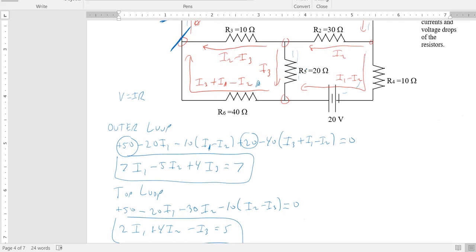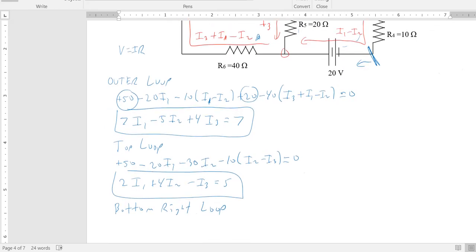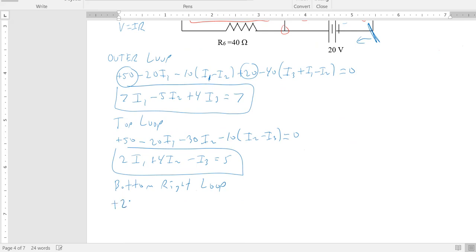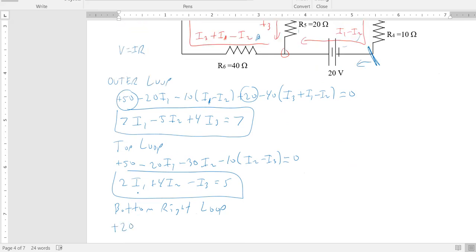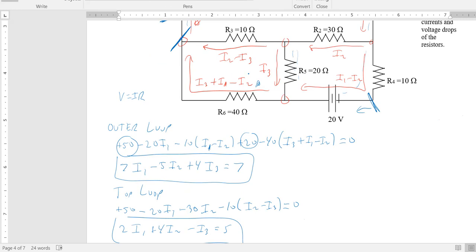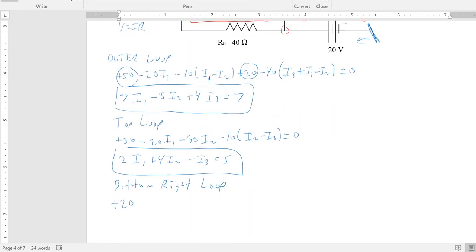Now for this one, I will start right here and go clockwise around that loop. So we first go with the battery, so it's positive 20, okay? And then now here, when I go through R5, I'm going against I3. So I'm going uphill, so I have to add. So this becomes a positive 20I3,